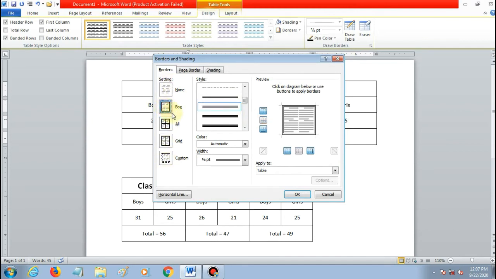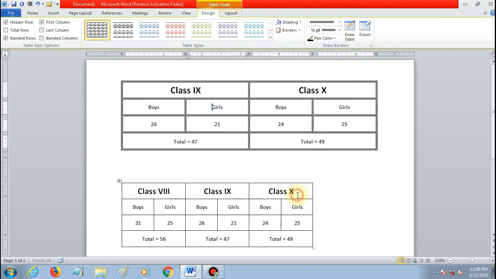If you want to give a border to the outline, select the box. If you want to give a border on every cell, then select the all option. If you want to give a border to the outline of a table, you can select the grid option. So I am selecting all, then click on OK. Now you can see the border of the table is changed. So using this option you can change the border of a table.